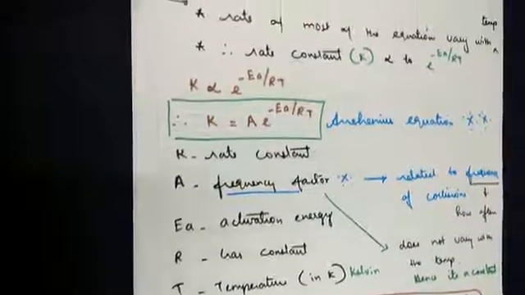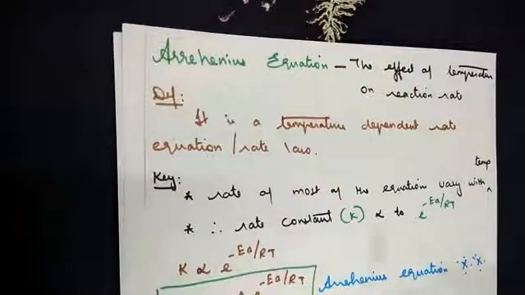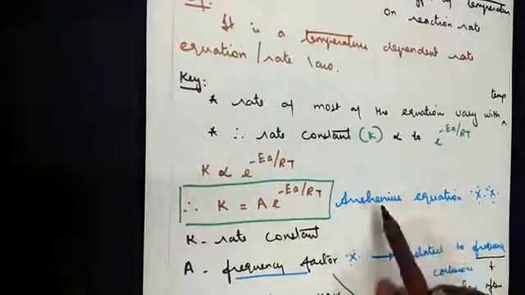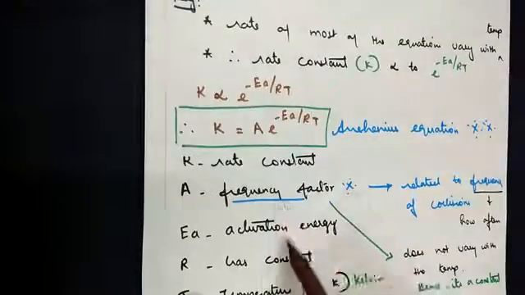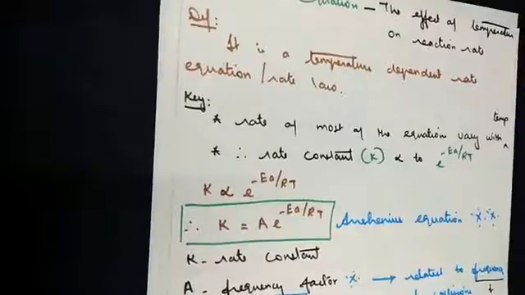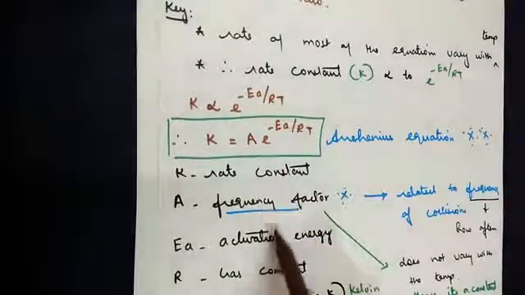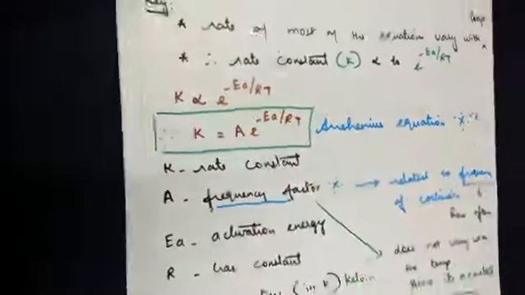Now if the question is asked to write a note on the Arrhenius equation, all you have to do is write the equation and explain the terms that are given here. All the other things are an explanation given to make you understand. From the exam point of view, write the equation and write only the explanation for the terms given here.